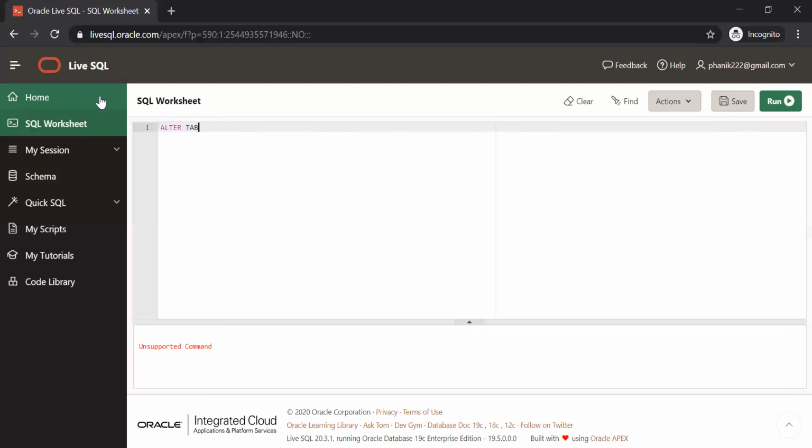Same thing: alter table employee add. Just give the constraint. Add primary key, and then you need to specify the name.